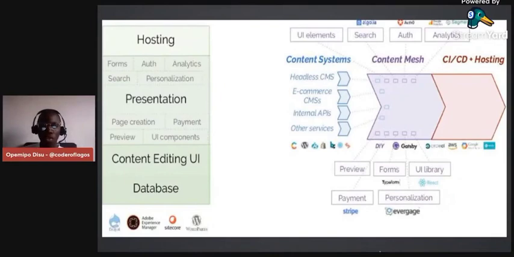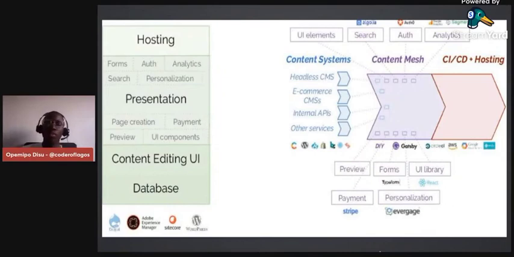Back then we used traditional CMSs like WordPress, Drupal, Adobe Experience Manager, and Sitecore, and the rest like that. Right now, these days, we have headless CMSs like Agility CMS, Stackbit, Contentful, Ghost, Dado CMS, and there are literally many. Then we have CI/CD hosting, like GitHub, CircleCI, AWS for the cloud, Google Cloud, and the rest. And for payments, we have Stripe, and many others these days. So it doesn't just end there.